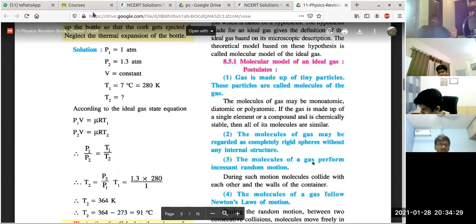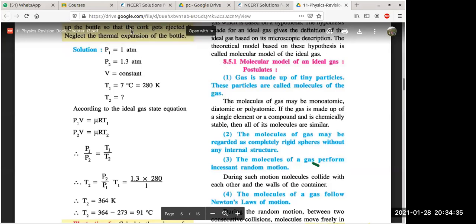Look at this, you have to write this first: the theoretical model is based on these hypotheses called the molecular model of the ideal gas, and these are 8 of them. You have to write all of them. 1, 2, 3, 4. Write these 4 quickly, and write the first line also. Then I'll scroll down. You tell me when I should scroll down. Okay, sir. The one you highlighted in blue, red also? Yes, that is a line of the previous. I mean, this is the starting heading of the paragraph.